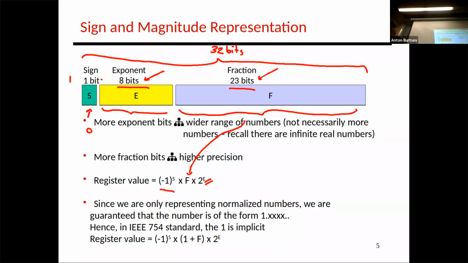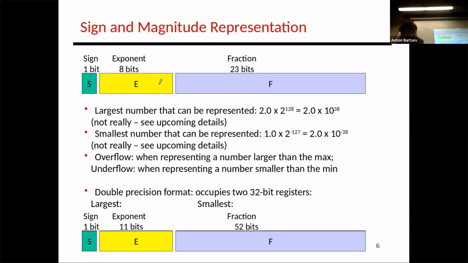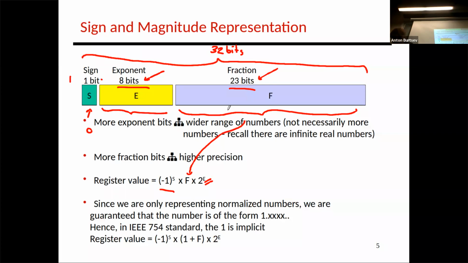Right. So to reason about this, let's first understand what is the maximum number which you can represent as a single floating point value, a single precision floating point value. Let me make a couple of observations which are kind of important here.